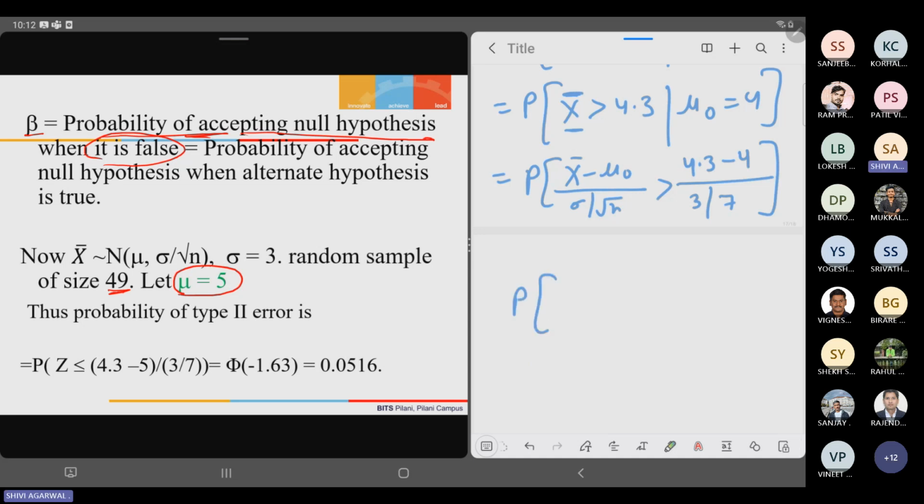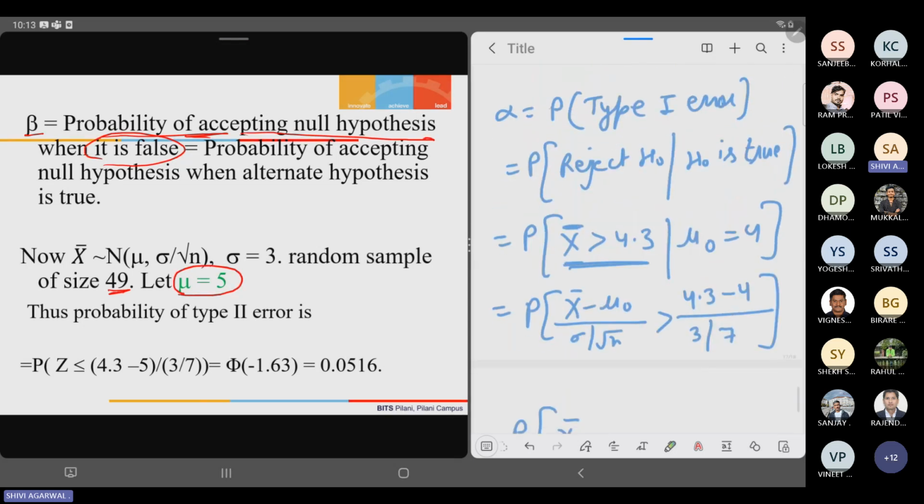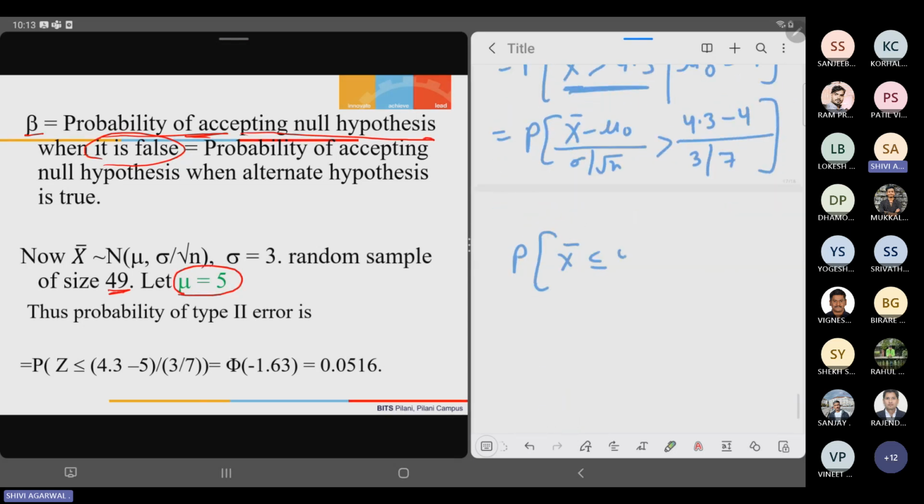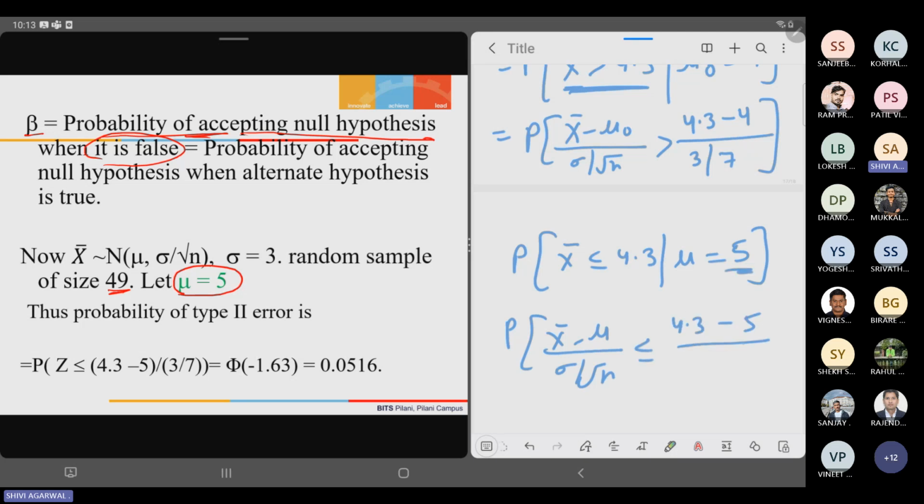It is just the opposite of what we have done. Earlier we had X bar greater than 4.3. Here we are doing less than 4.3, given mu is equal to 5, when H naught is false. So the probability that X bar minus mu upon sigma upon root n is less than or equal to 4.3 minus 5 upon 3 by 7. This is the same thing, and it becomes minus 1.63. And when we look in the standard normal distribution CDF table,